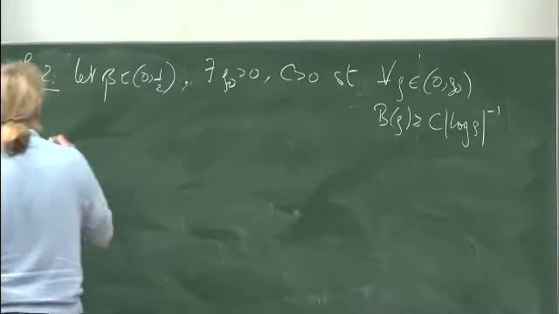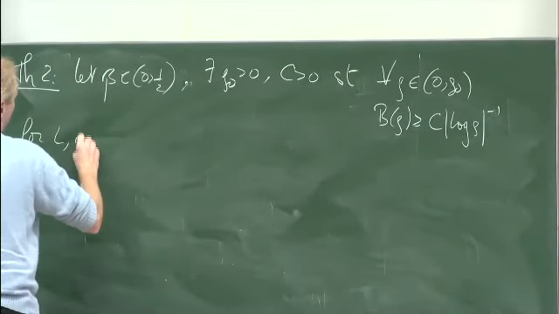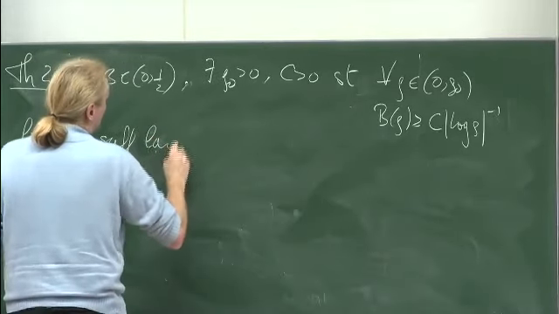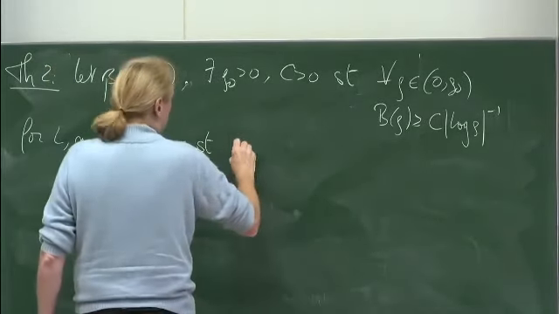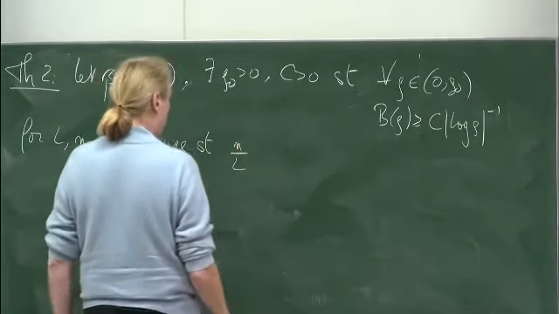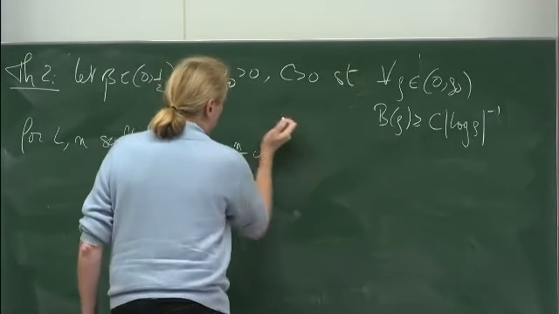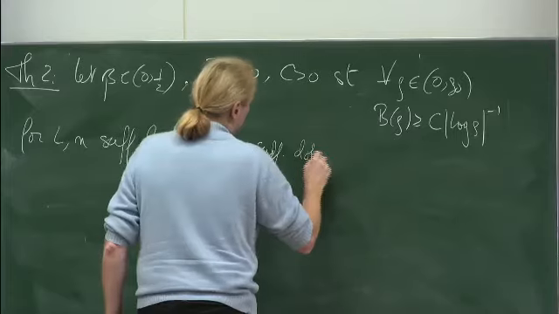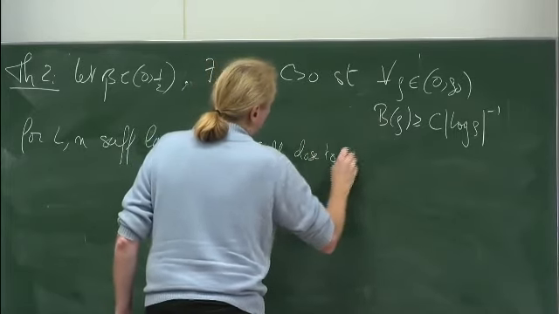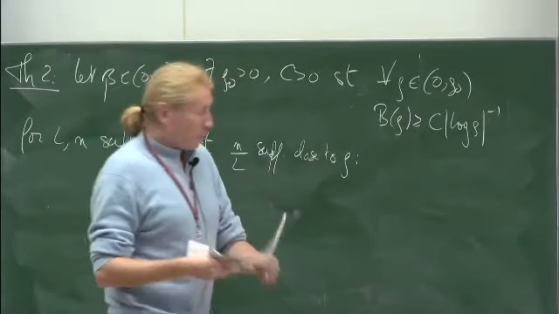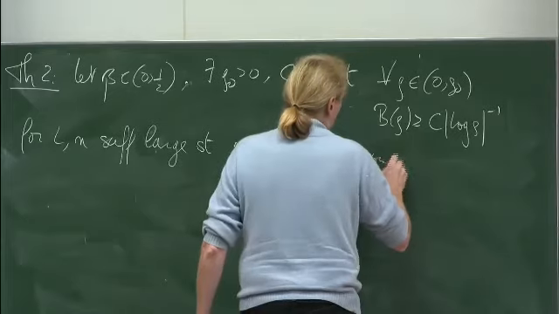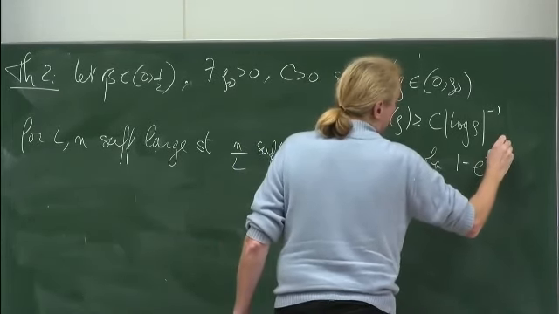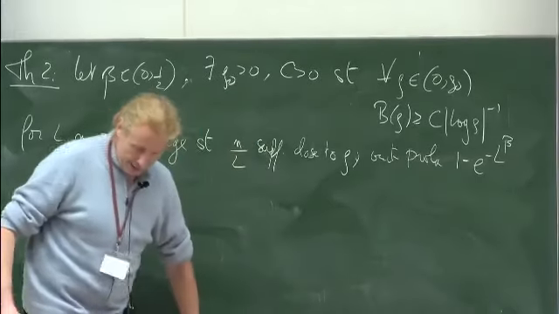For L and N sufficiently large such that N divided by L, this one should be close to rho. Again, sufficiently close to rho. I don't want to write the quantifiers. Then with probability 1 minus e to the minus L to the beta, so with a rather good probability,